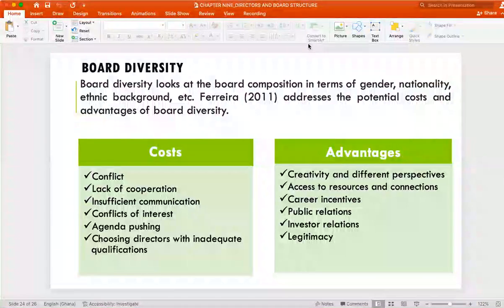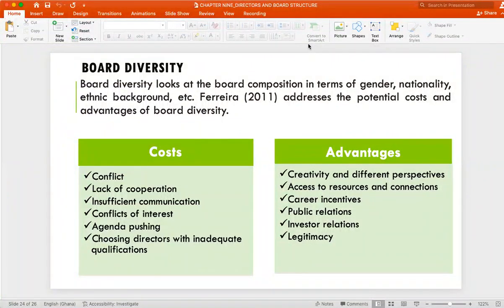Career incentives. It's closely related to the earlier one. If people see that your board is not tailored towards just one ethnic group, or not just, I'm struggling with an example that will fit perfectly, all right? So if they realize that anybody at all has an advantage by looking at the nature and composition of the board, then they are encouraged to either join the company or to work harder for the company, because they know that this company values diversity, okay?